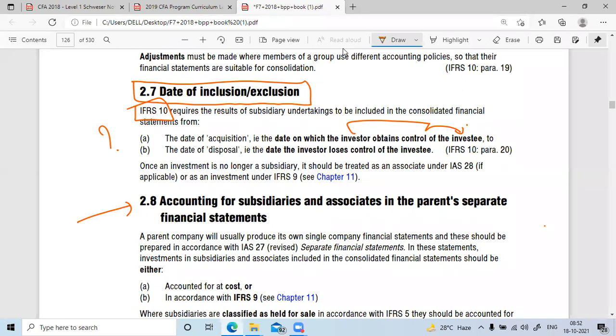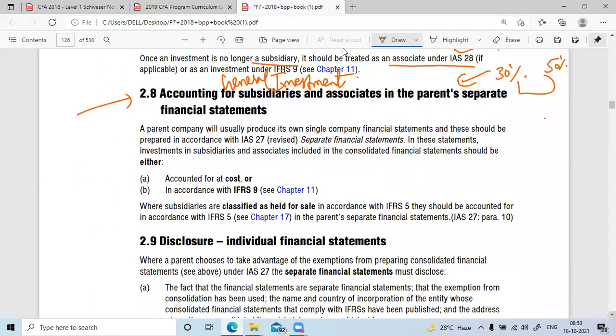Once an investment is no longer a subsidiary, it should be treated as an associate as per IAS 28. That means, provided the condition is that the investment should be between 30 to 50%. But if the investment is below 30%, then it will be a general investment. Okay, that's what. Now,